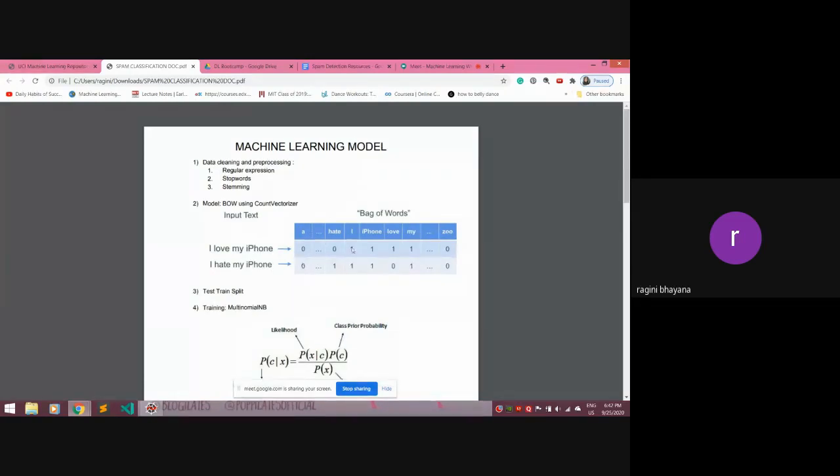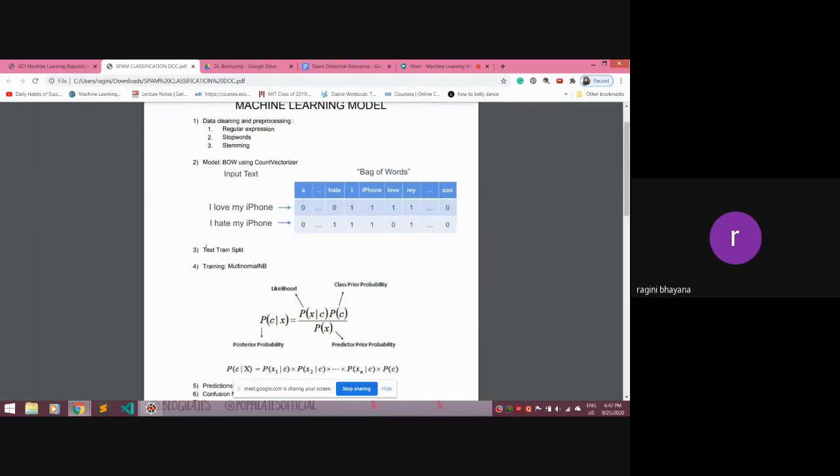For every word in sentence 1, I, iPhone, love, my, it is showing 1 because it's present in the sentence, and 0 for zoo and a because they aren't present in sentence 1. Similarly, for I hate my iPhone, love is 0 because it isn't in the sentence. For hate, it's 1, and for my, it's 1. So this is what bag of words is doing. It is giving you a matrix for the words which are present in that particular sentence.